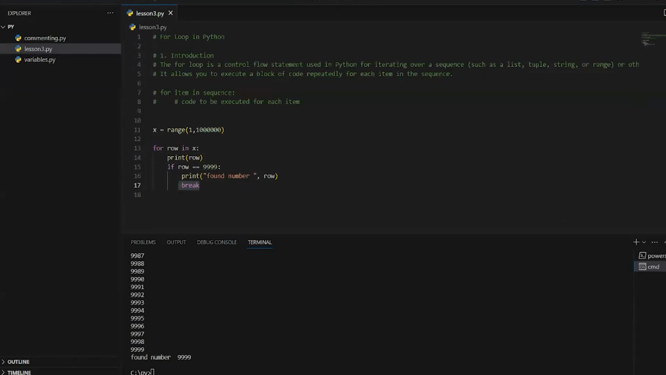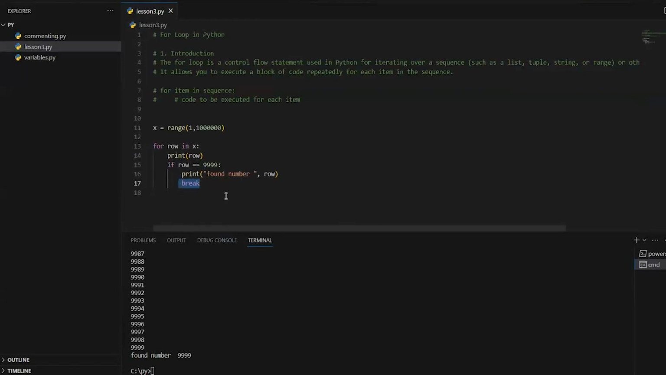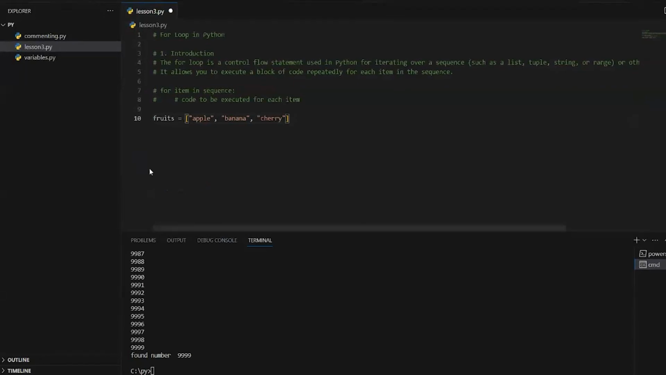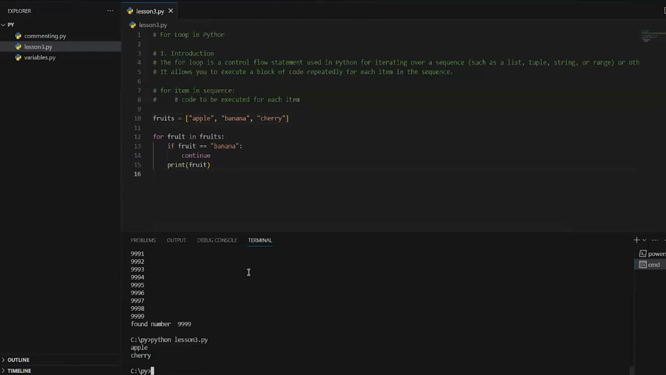Now, we also have continue. The continue statement can be used within a loop to skip the rest of the code for the current iteration and move to the next item. So let me show you how the continue works. If I have this and then I give this command, when I print this out,